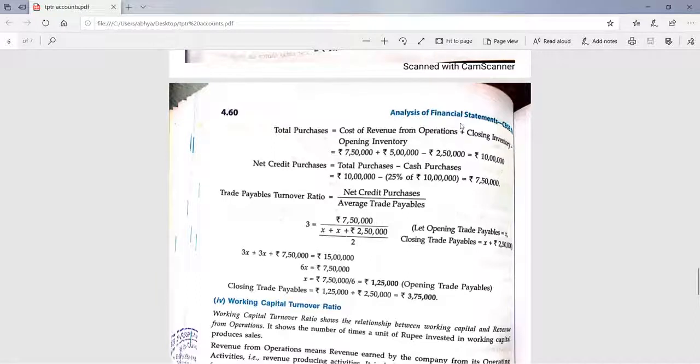If you don't want to do the question in such a manner, for some students it will be difficult. So I am telling you one easy way, that is to find out the average trade payable by putting the values and cross multiplying. So the average trade payable value will be 2,50,000. Net credit purchase is 750 divided by 3. So that is equal to 2,50,000. Now put the formula of average trade payables, which is opening plus closing divided by 2 is equal to 250. Now assume x plus 250 and find out the value of x.